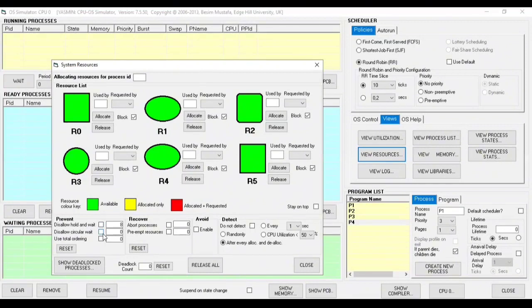We try the disallow circular wait method. In the disallow circular wait method, a process cannot be interrupted while accessing its critical section. We test if this method can prevent deadlock by inputting the program list again and starting it.